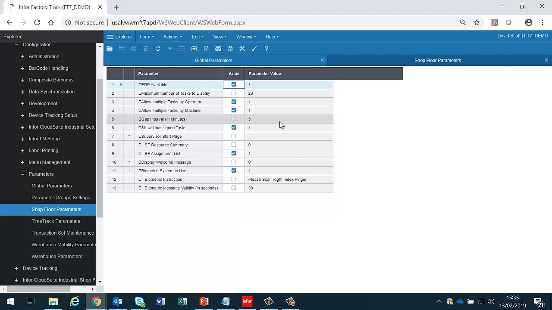This identifies how many minutes should be allowed between an operator stopping a job and starting the next one without creating a gap, whether the operator is allowed to start unassigned tasks, and then the default start page for a supervisor is at the resource summary or the assignment list, whether we should have a welcome message when an employee